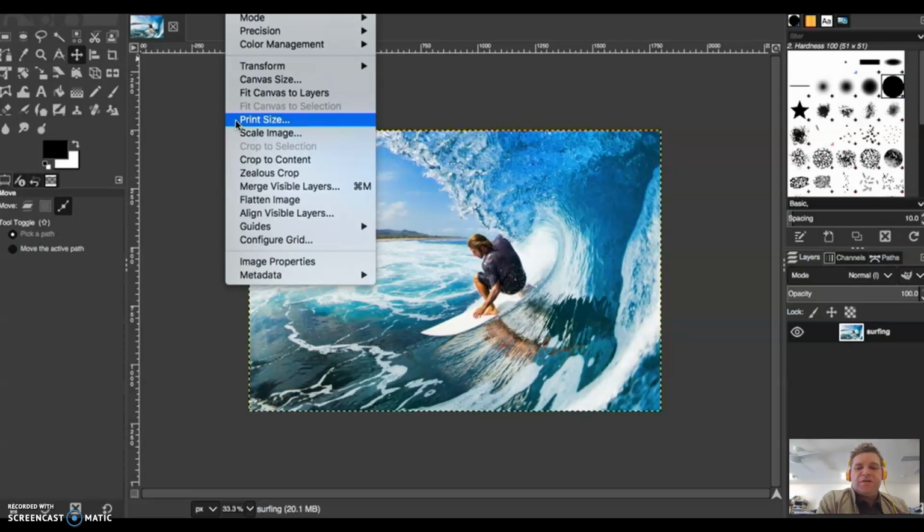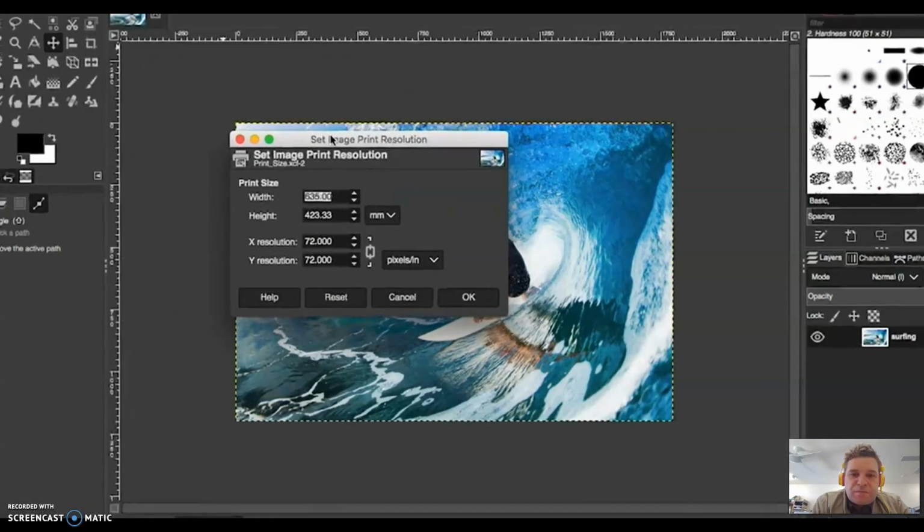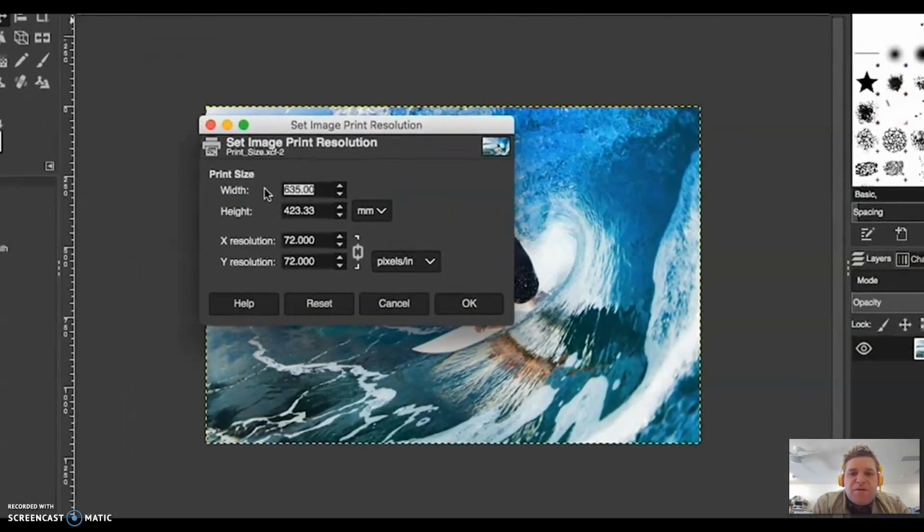Print size. So there is a print size in your image. If you want to change the physical size, you can change it using the canvas size. But in print size, what we're going to do is we can actually change the values of the width and the height,